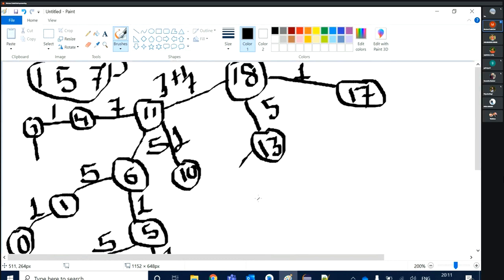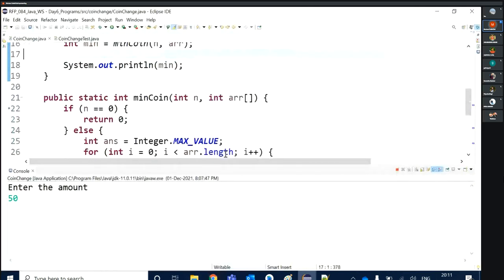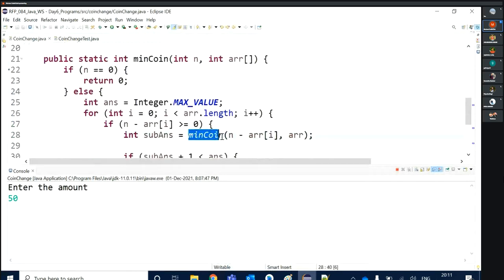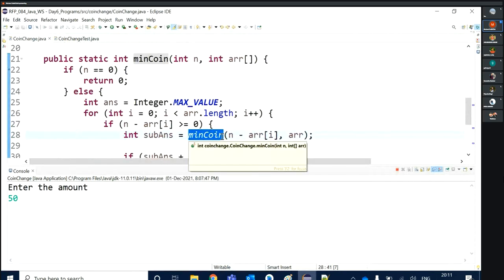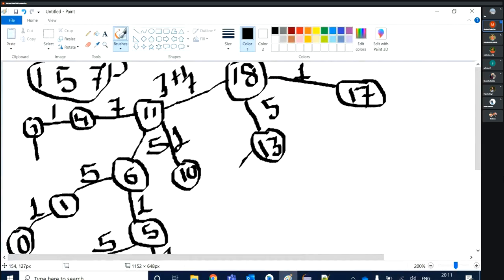That duplicate calculation. So what we can do here, we will store this answer whenever it comes the first time. Let's say with this recursion function I'm getting some answer, and that answer I will store inside one array.